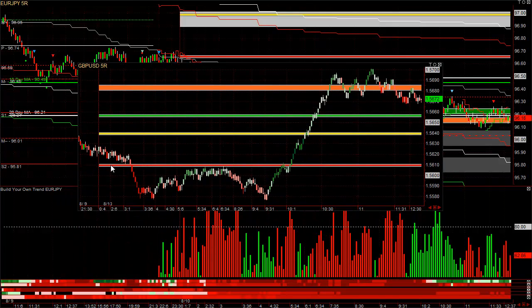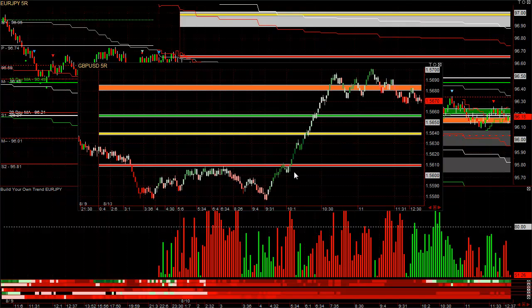Here's the pound dollar. Notice it went underneath yesterday's value area low. It's underneath the point of control, the average price. You can see it fell 20 pips. This isn't that much of a pullback, but this is. It can't get back above this area here, and it goes down again, as you can see. Also, just like with the euro